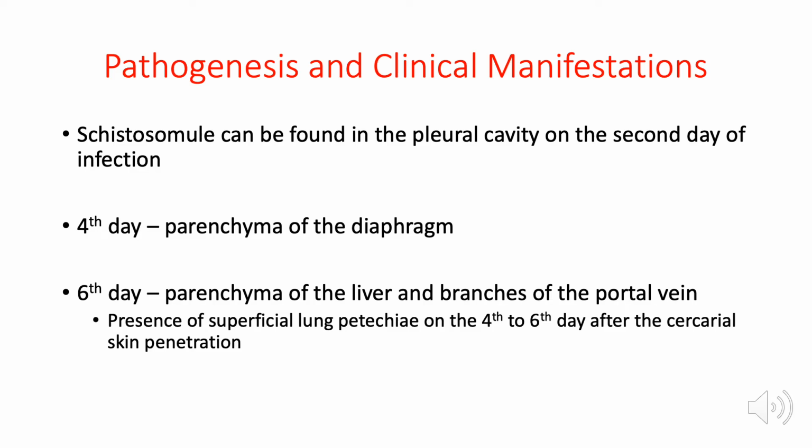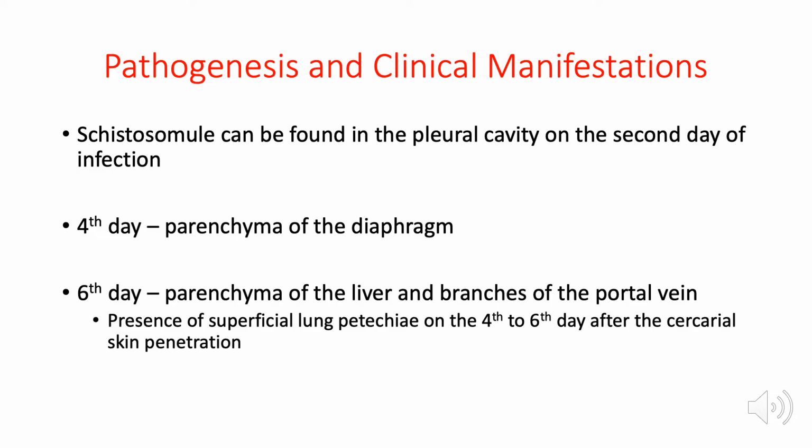Schistosomules can be found in the pleural cavity on the second day of infection, and this only proves that they can pierce through the lung tissue. And on the fourth day, they can be isolated from the diaphragm. And on the sixth day of infection, they can now be found in the hepatic tissue or the branches of the portal veins. And to prove that the result of the recent studies is true, there is the presence of